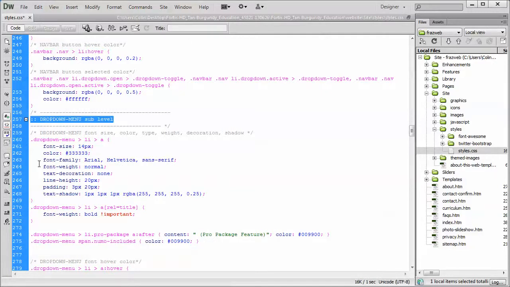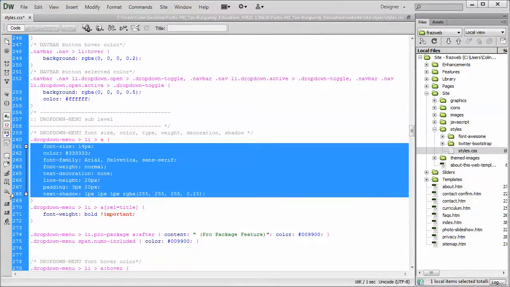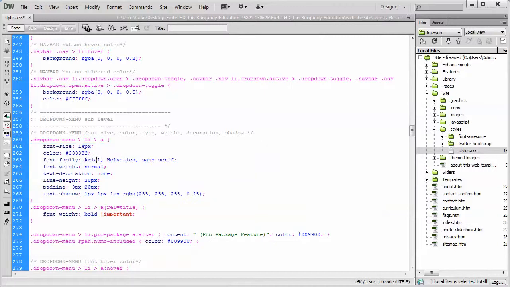So we've started off with the top menu or the main menu button right up here. This is all the information you would modify, starting off with the font size, color, and that. Once you get in here, this is, like I said, a little bit more on the advanced side. Understanding how to update CSS in a style sheet is kind of a good thing to know ahead of time. But just as a quick refresher, if you haven't done this before, you can modify any of the properties you